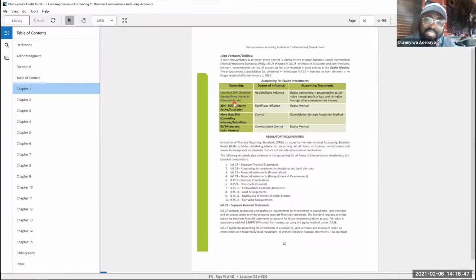Okay, and that is just an introduction to what may give rise to business combination, even though we are here to discuss extensively what constitutes a business combination. Any contribution or question at this point?